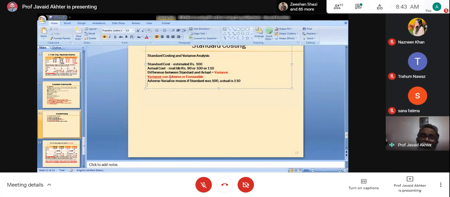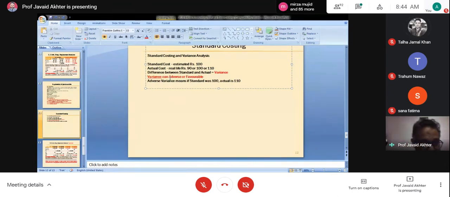Therefore, we need to take a step-by-step analysis. Sometimes one step, sometimes 2, 3, 4, 5, 6. We go on and on. The more in depth we go, the more data, or rather we should say useful data, is made available for management to take decisions. Your total cost may consist of several components. What could be the major components of the cost?